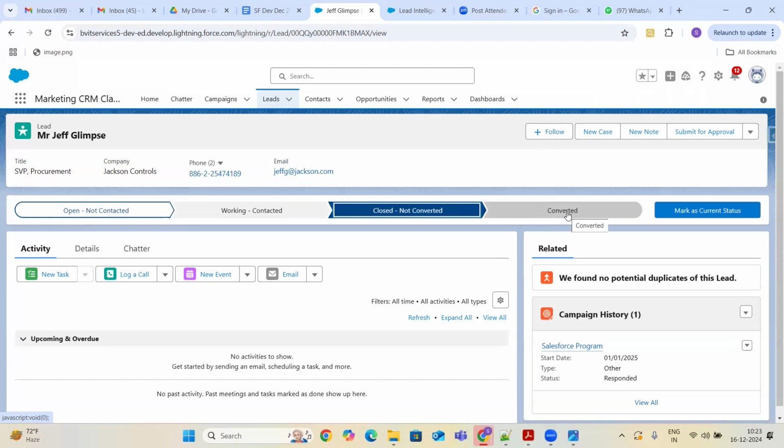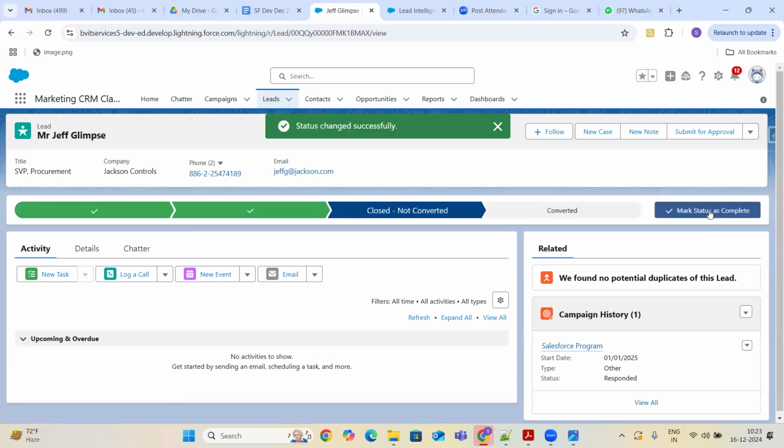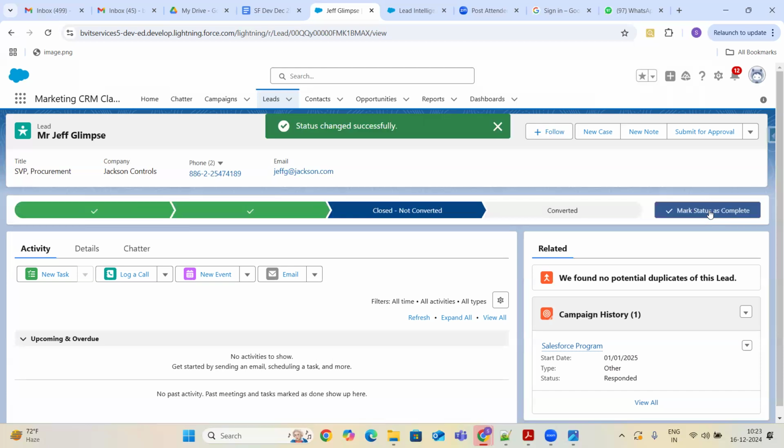So closed, not converted, or closed, converted. If the lead is not interested in purchasing the product, I mark it as closed, not converted. That is the end of the lead process, guys. This lead is not interested in purchasing.